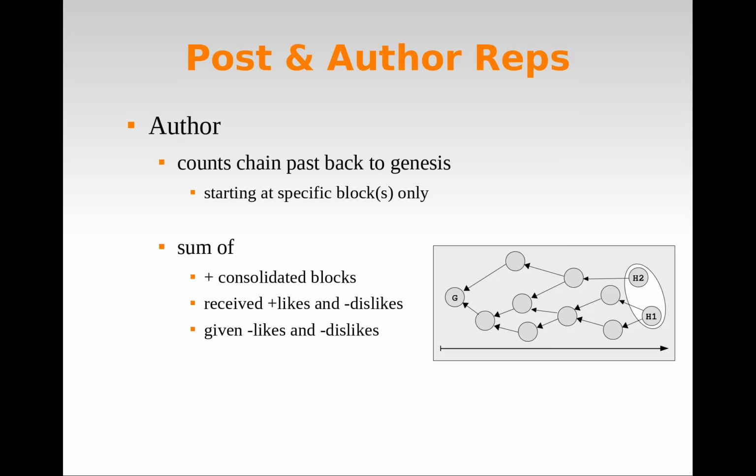In the graphic, the author has three posts, x1, x2, and x3. The vertical line separates consolidated posts in the chain. x2 is a dislike the author spent. Hence, only block x1 in green will count positively as consolidated. x1 also received a like from another author, which will also count positively. x3 is a new post, so it will count negatively. In the end, the author will accumulate 0 reps.